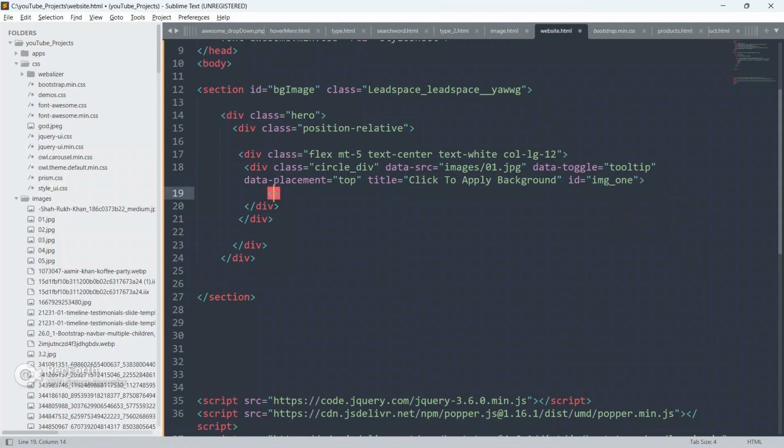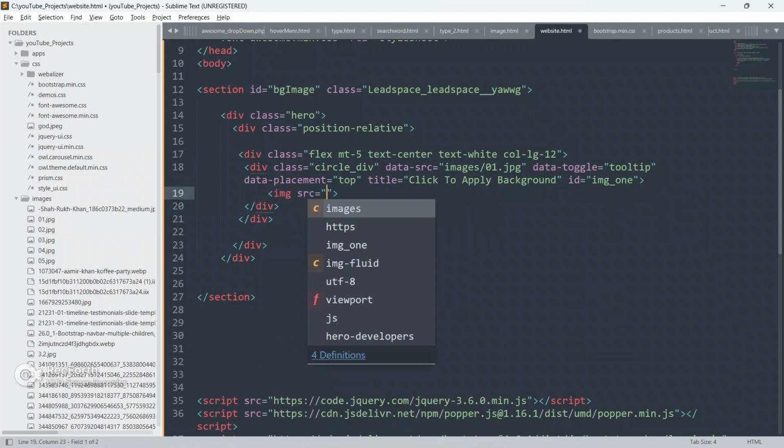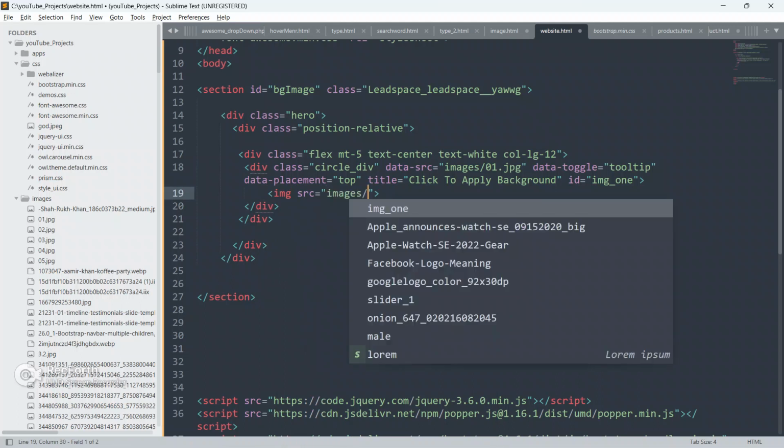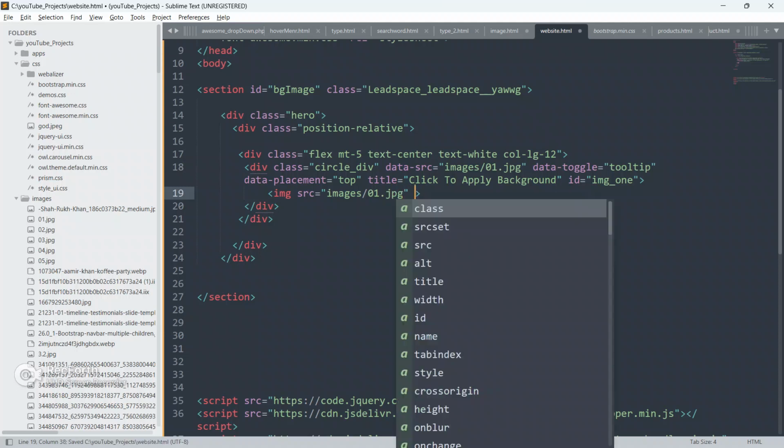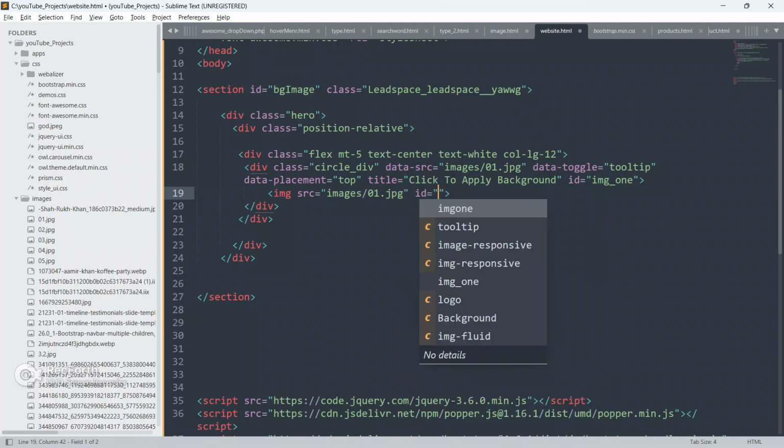img1. Inside this div, we are going to create an img tag with src as images and the same image name here, 01.jpg.